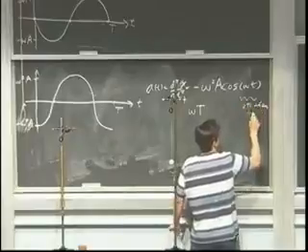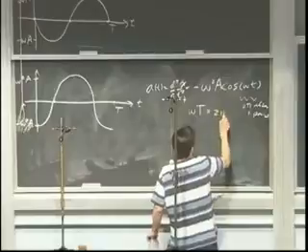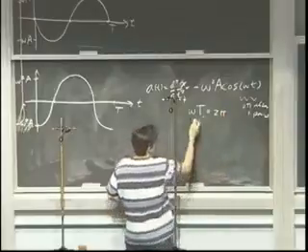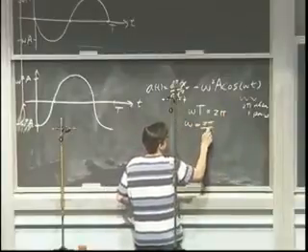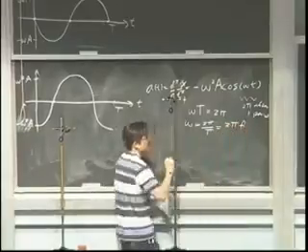Here, I'll do this. After one period, I didn't write that very clearly, but what does that mean in equations? It means that omega times T has to equal 2 pi. That's what it means, right? And so what does that tell us? It tells us that omega equals 2 pi over capital T. We've got a name for 1 over capital T. That's f, right? So this is 2 pi times f, and that's the relationship I'm looking for between my two